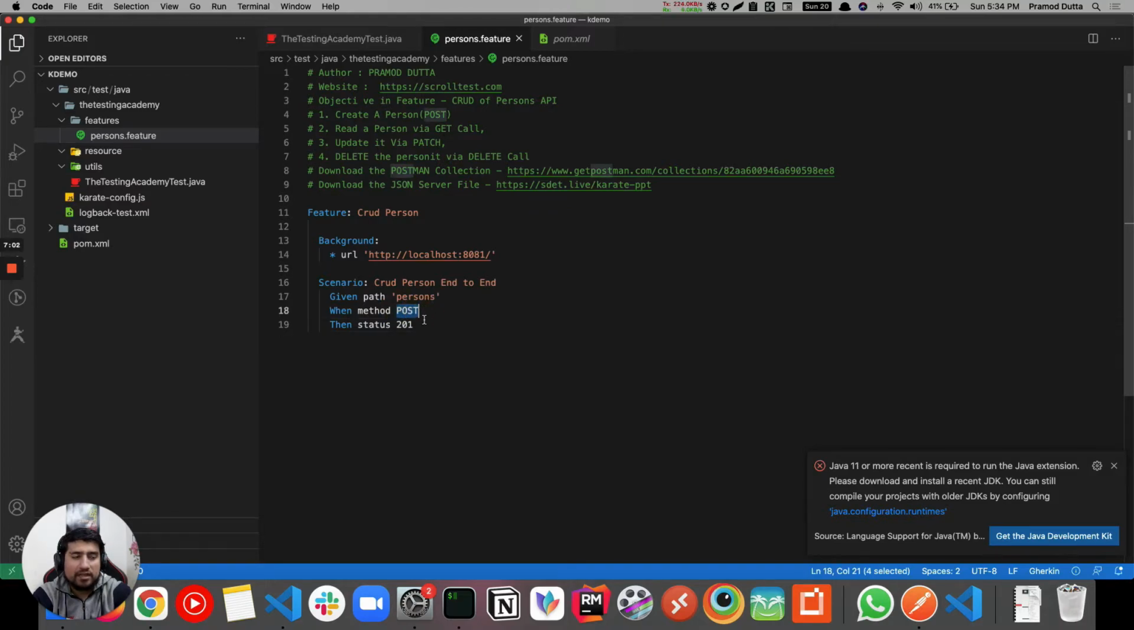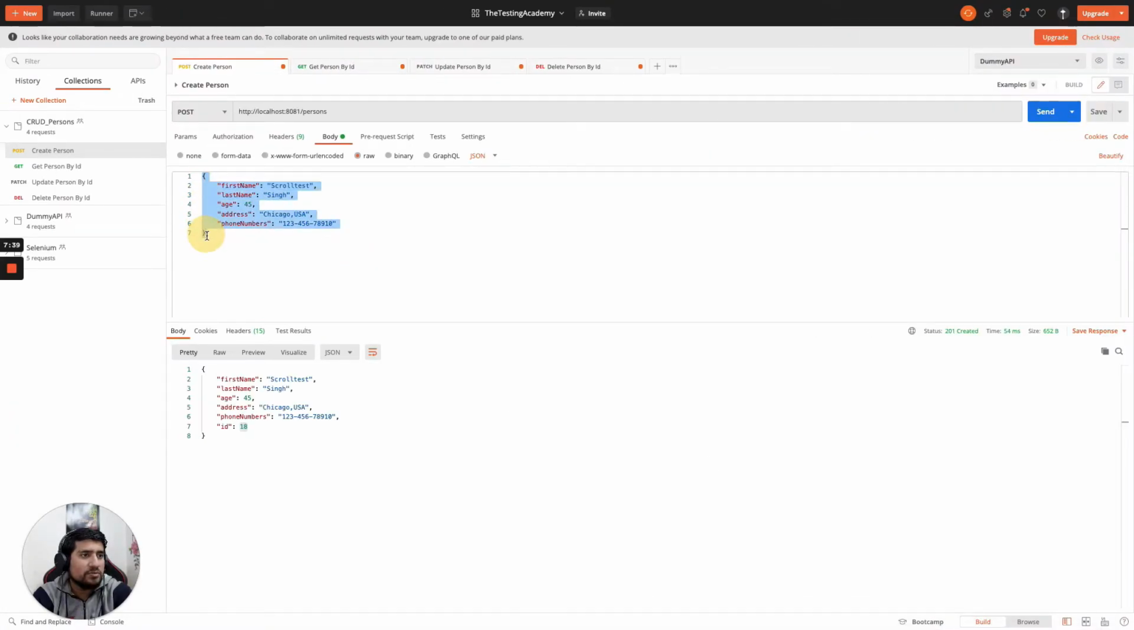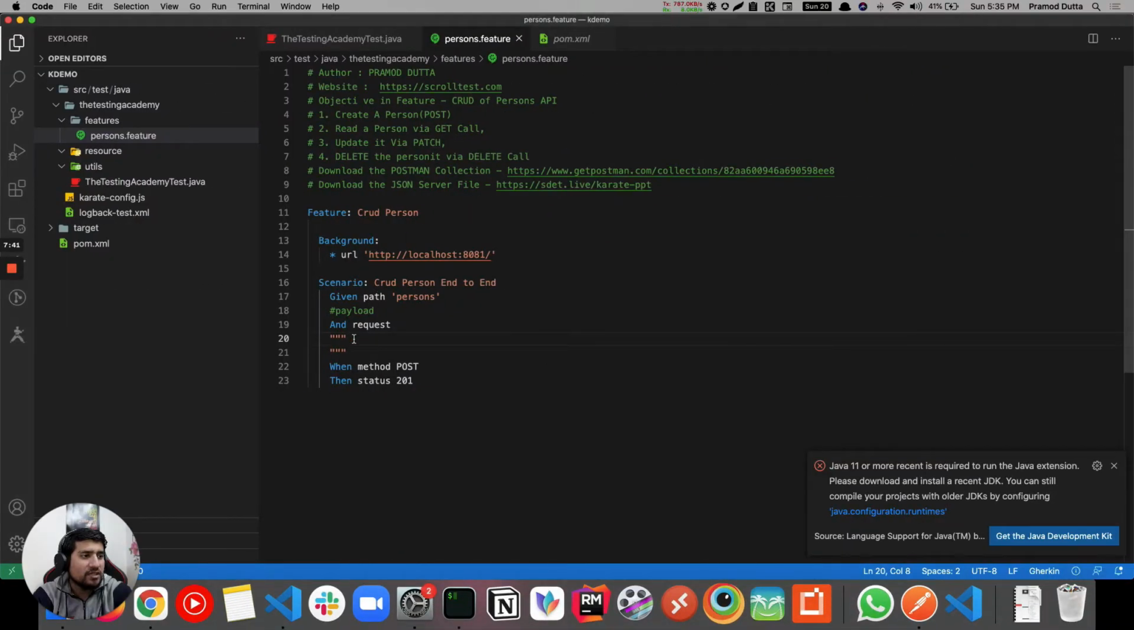It should be capital. Now we have to send the payload here, right? But how to send the payload, guys? It's very simple. You have to use an embedded expression. You can use request. So request is already a variable they have given, right? So you have to use this. And to create a new resource, what you need is to basically post this payload, right? So we'll just copy paste everything from here to here,